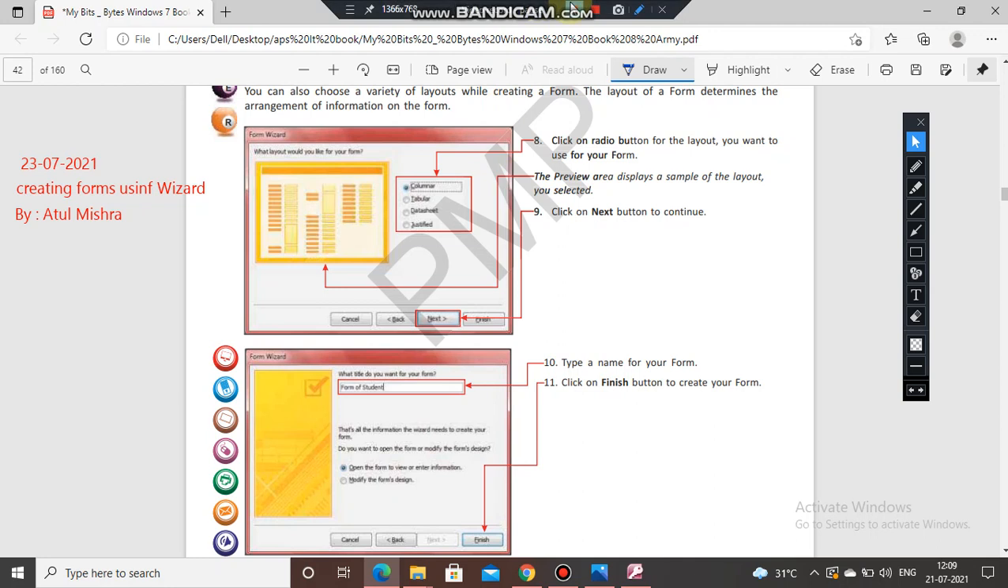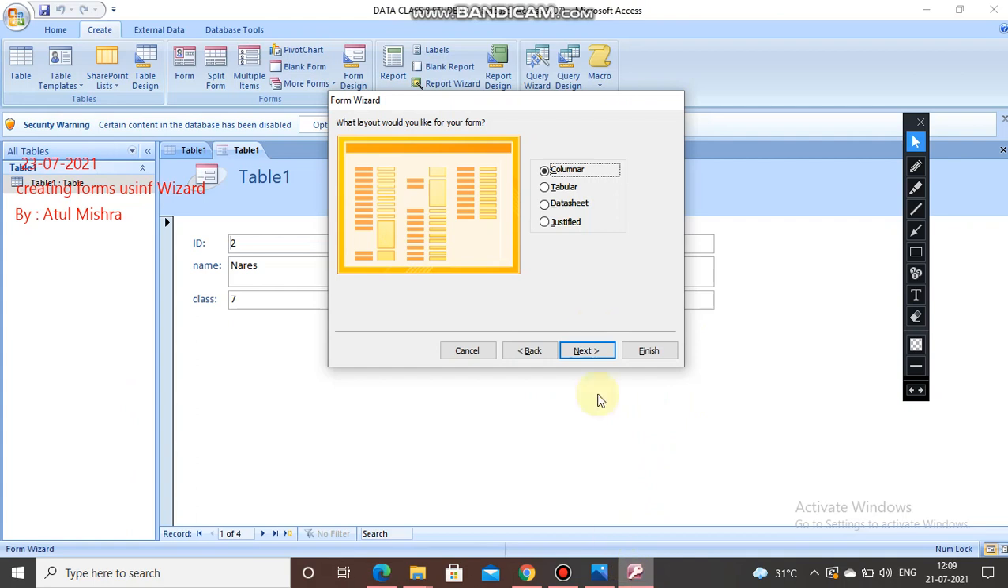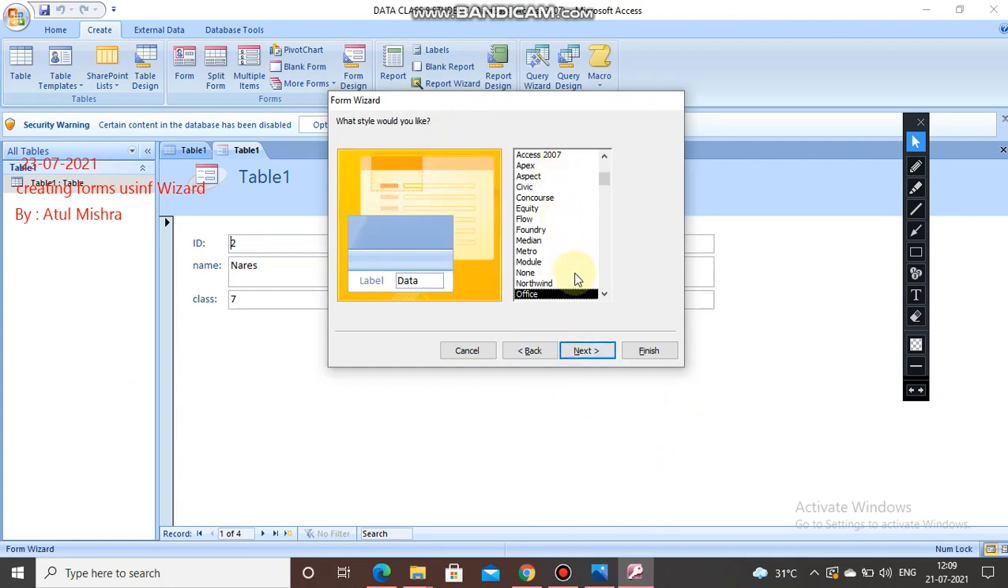Okay, the preview area displays a sample of the layout you selected, and click on the next button. Type a name for your form and then click on the finish button. So let's see, we take a tabular. Okay, tabular, like a columnar, like this. Click on next, Office. Okay,